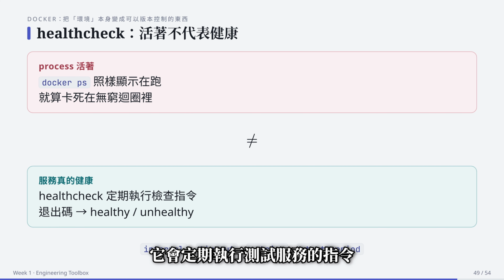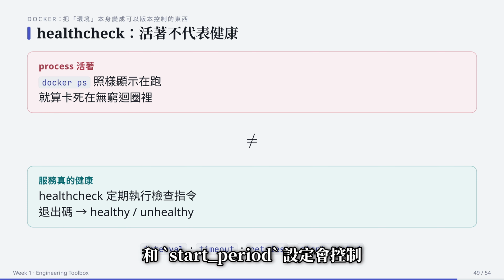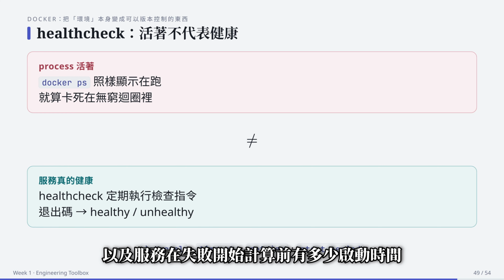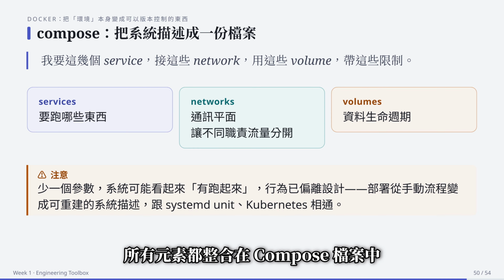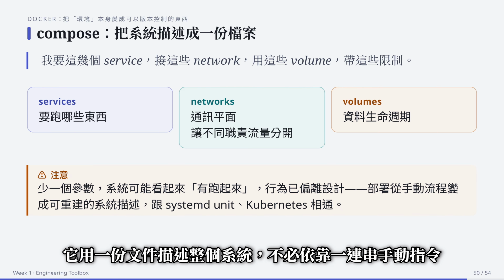It periodically runs a command that tests the service, and the command's exit status determines whether Docker marks the container as healthy or unhealthy. The settings interval, timeout, retries, and start period control how often the check runs, how long it may take, how many failures are tolerated, and how much startup time the service receives before failures begin to count. All of these elements come together in a compose file, which describes an entire system in one document instead